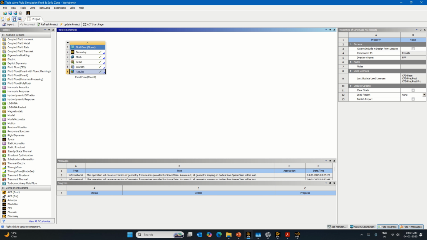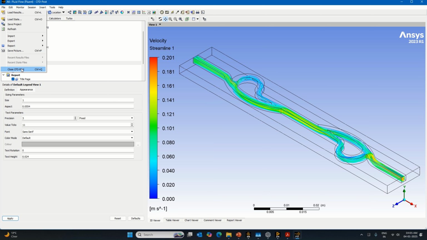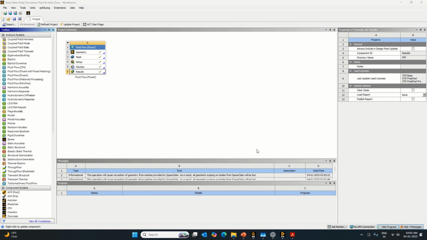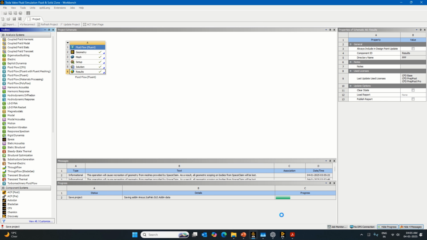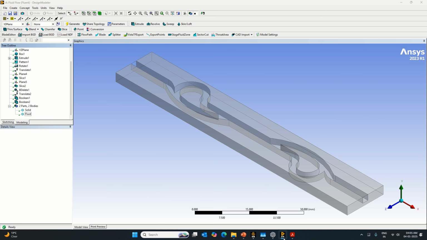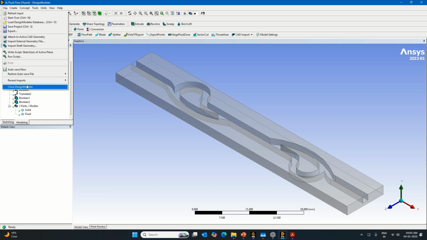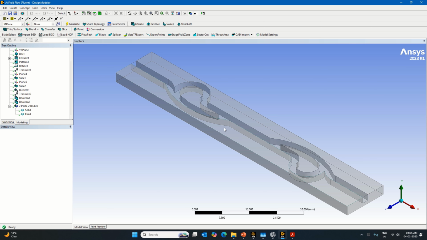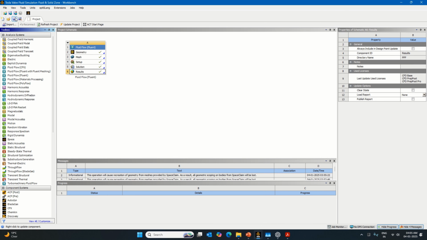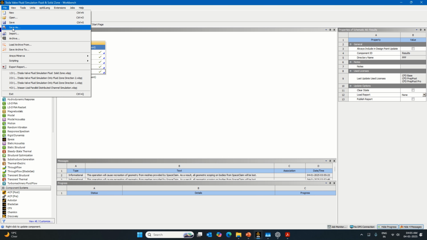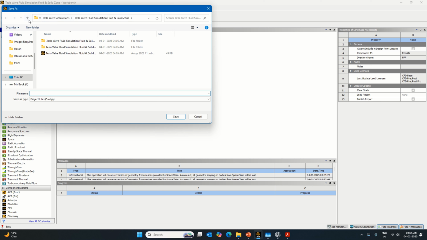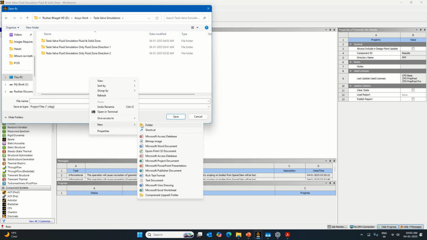Go back to the workbench window, click on save. Now close the post processor. One more time save. Close the design modeler. So this is one of the cases which we have. One more time we'll select. So now I will click save as. So the fourth case will be